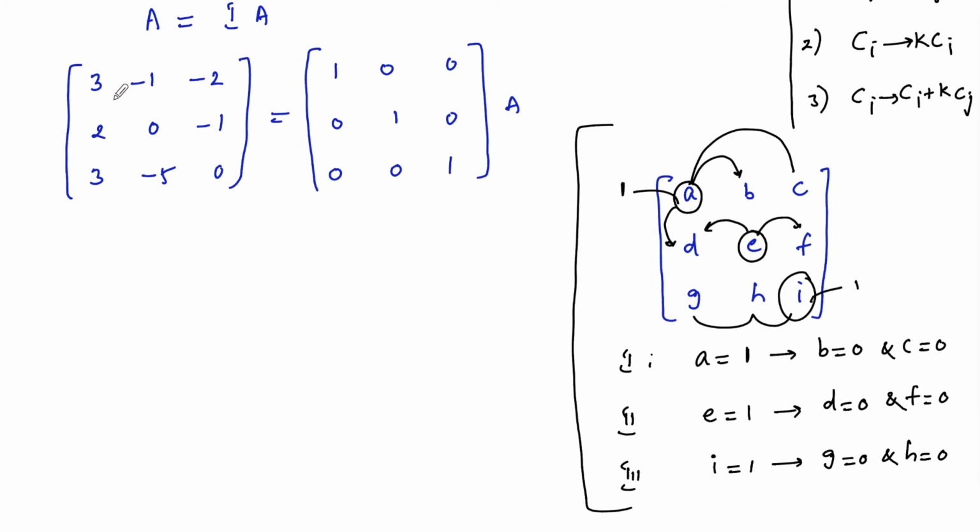So first I need to apply such a way that this first row first column element 3 should become 1. So let's divide with 3. Instead of dividing with 3, even if you see the columns, first column and third column, column 1 plus column 3, so let us apply column 1 plus column 3, so that 3 minus 2 will get 1. So let us apply this transformation on both the sides.